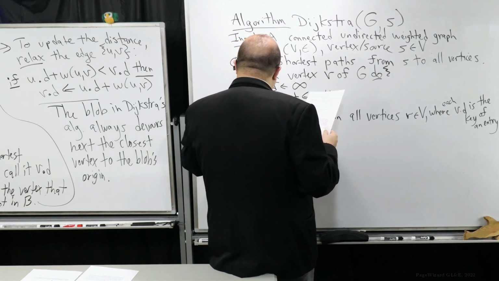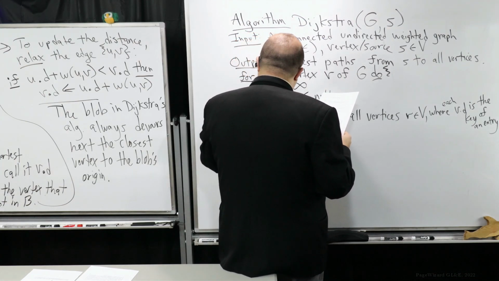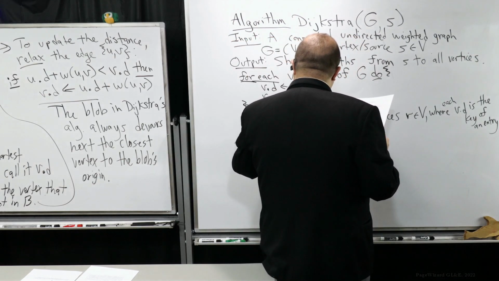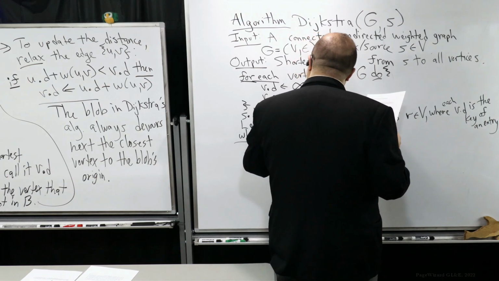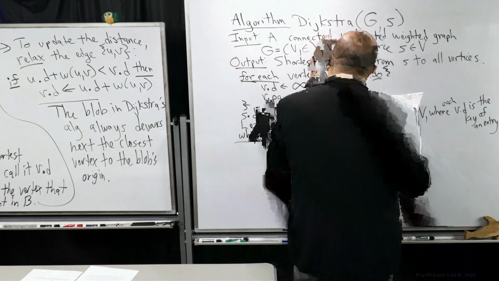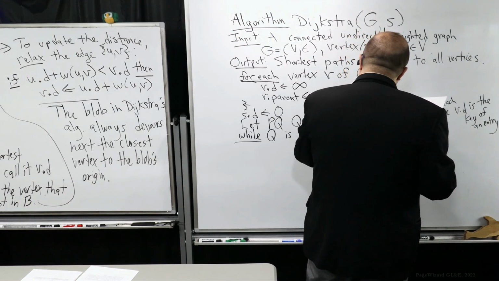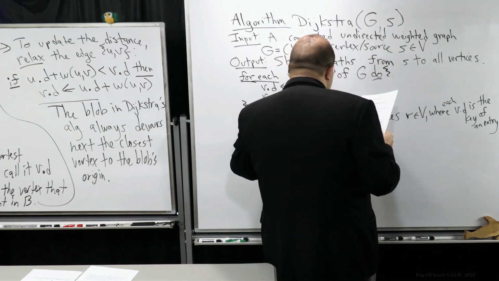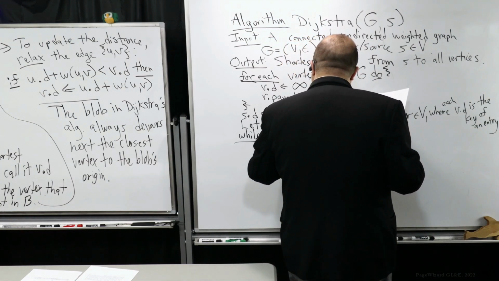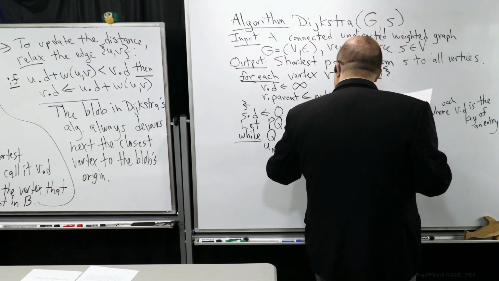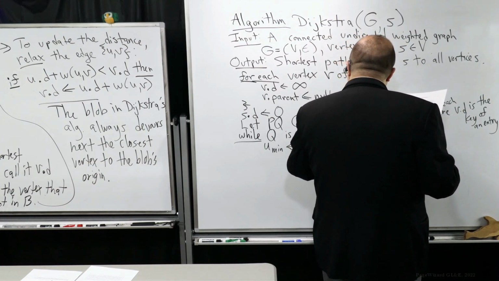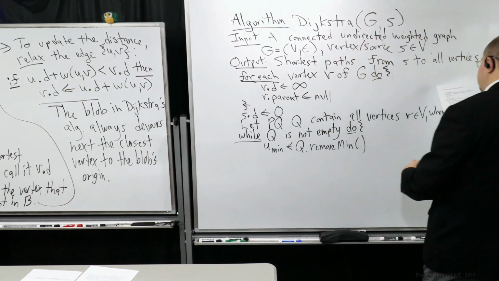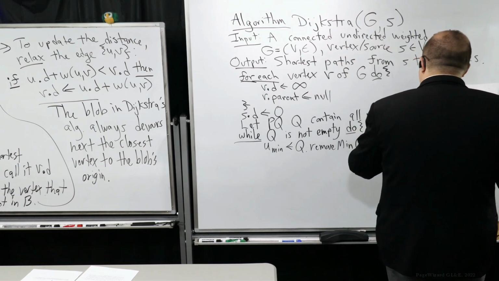So now we just have our loop. We're going to keep repeatedly taking out vertices and giving them over to the blob to devour them, or the vertex joins the blob. While Q is not empty, we're going to do the following. We're going to pick out U min, which is going to be the one that is closest to the blob's mouth next. We're going to apply remove min on the priority queue. We're going to pull U min